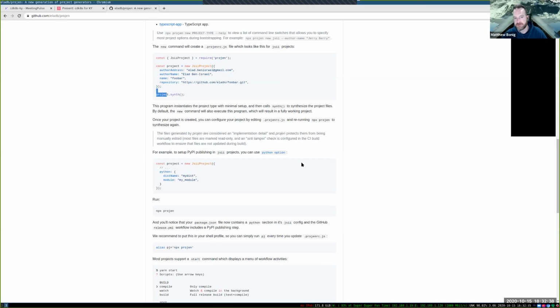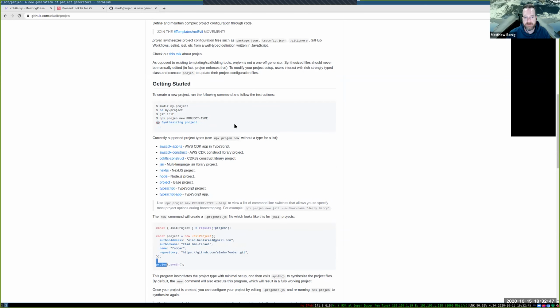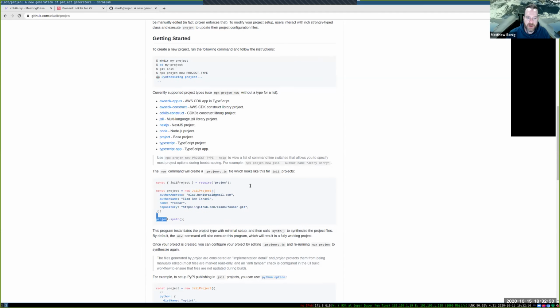Same concept in the situation here with the construct API. So very cool thing there. Definitely recommend you check it out. If you have to spin up or manage a lot of NPM projects or other types of projects, it's definitely worth looking into. The JSII too is actually also very cool.